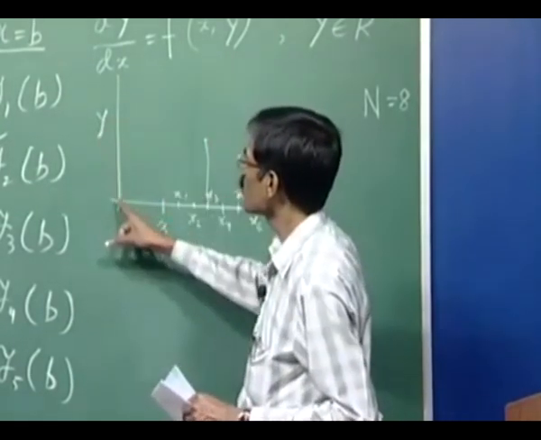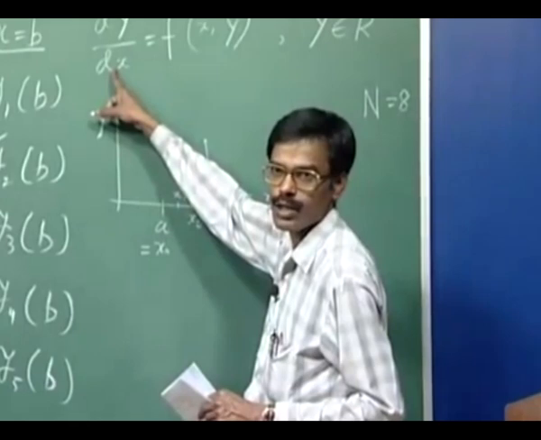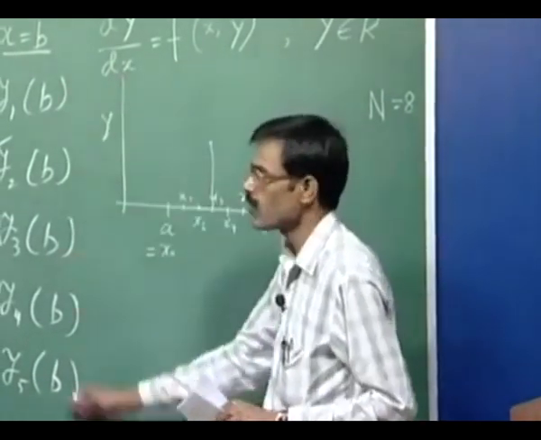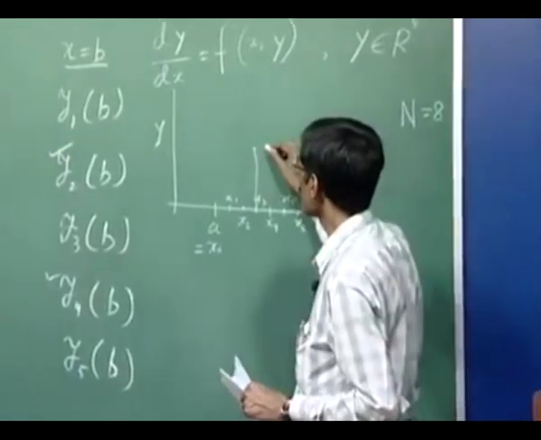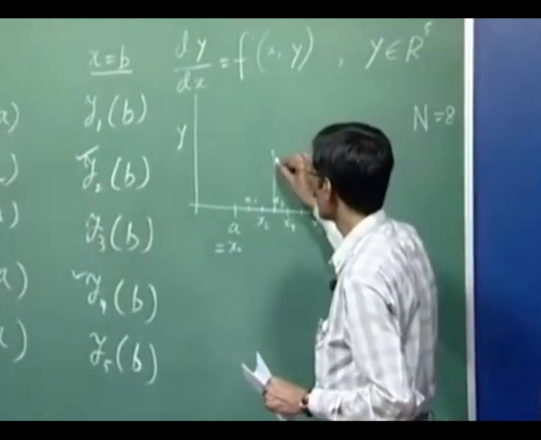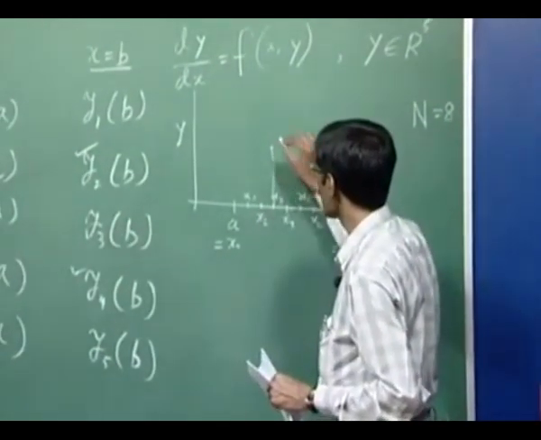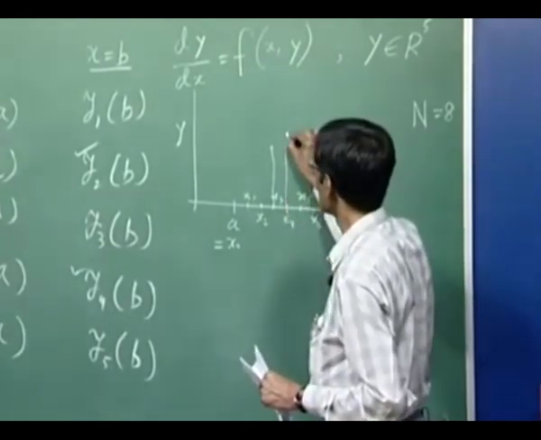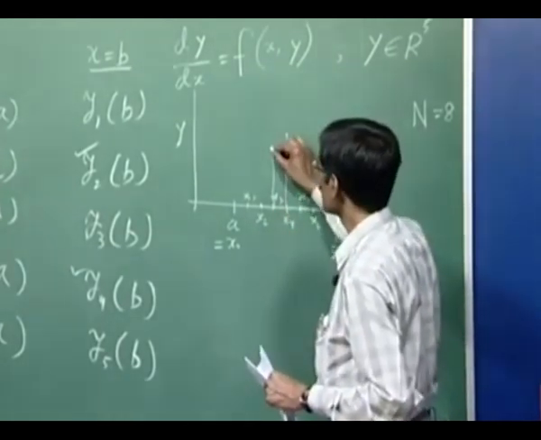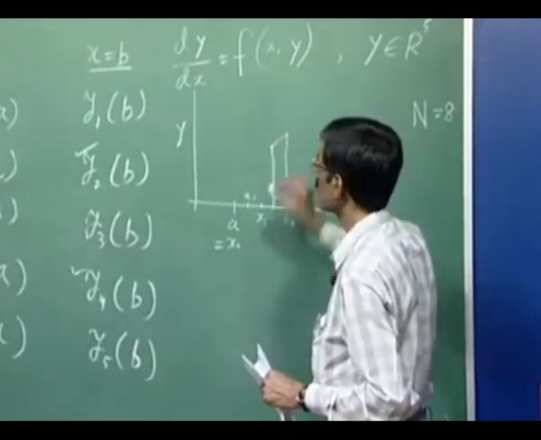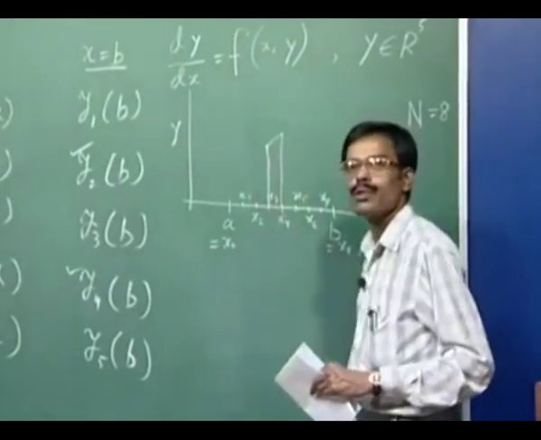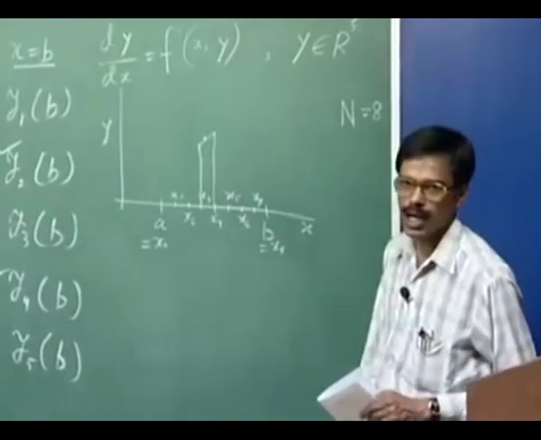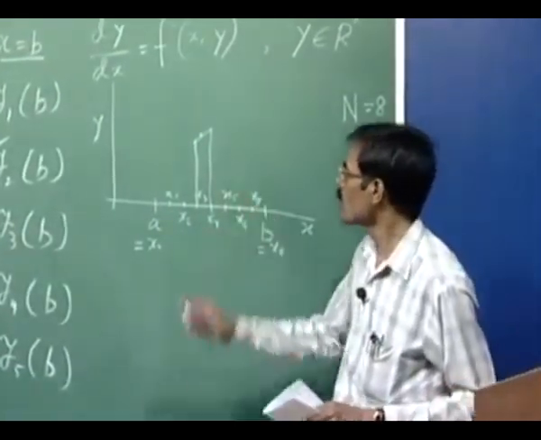Here I am showing y directly along this axis, but actually that is not a one dimensional entity, that is a 5 dimensional entity. So, suppose the y vector at x3 is something and at x4 it is this. Now, the differential equation written for this interval, at what point do we write the differential equation? Suppose we try to write it at the midpoint, then it will look like